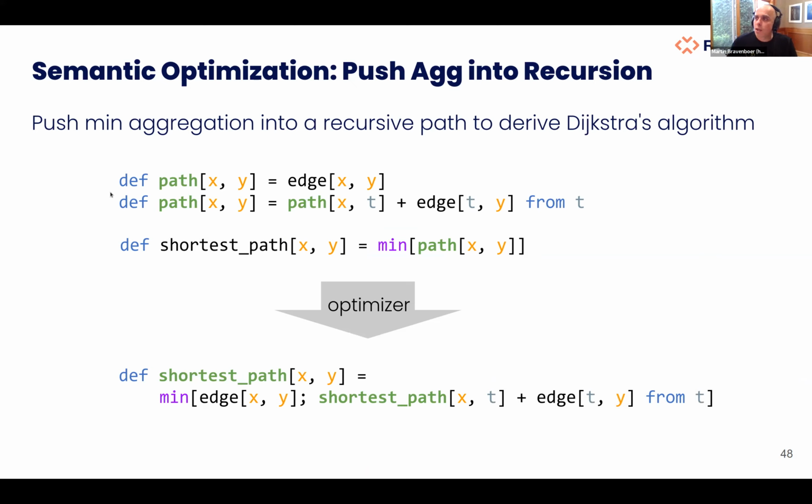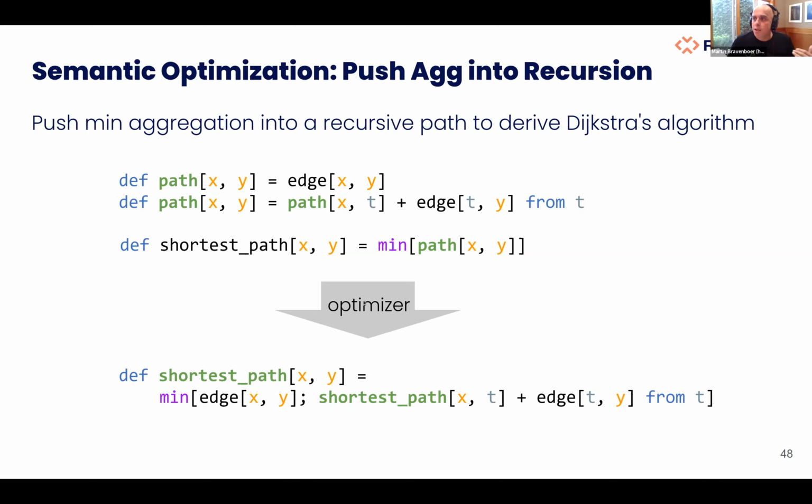let's say that our library defines a path function that computes the length of every possible path. Now, of course, there are many paths, and that's not a good idea. That's probably not going to work. And let's say that you then define shortest path as the minimum of the paths that exist in this graph. So you're first computing all the paths, and then you're taking the smallest.